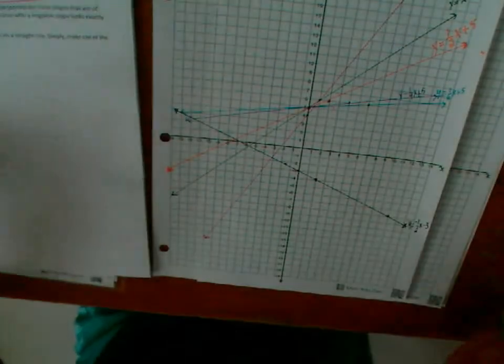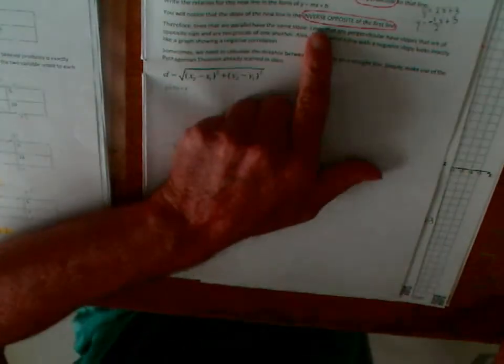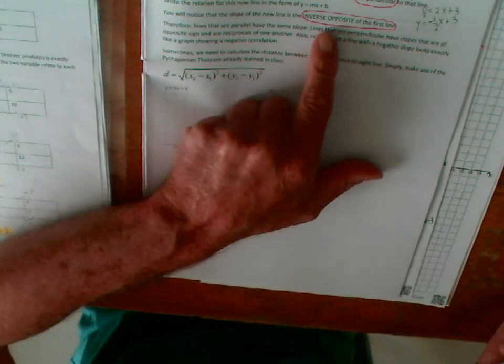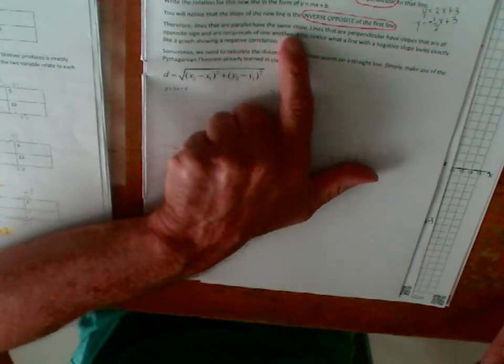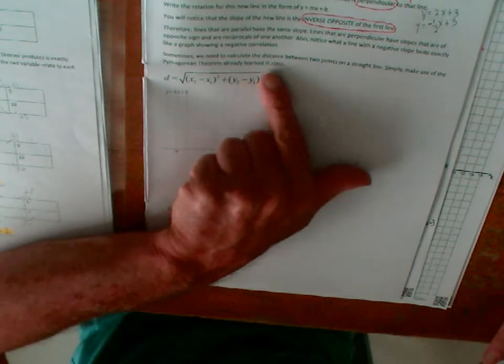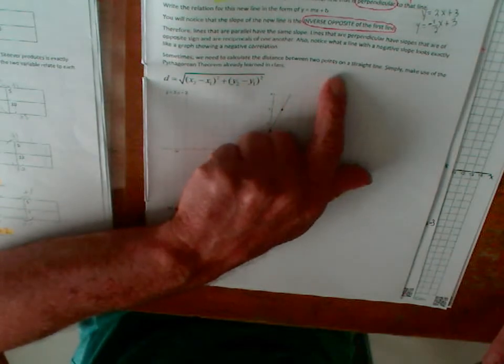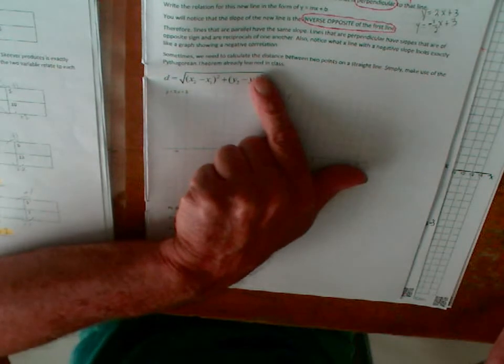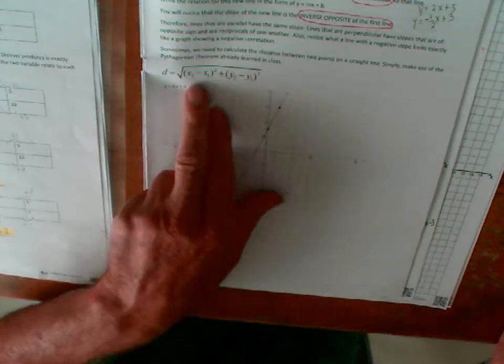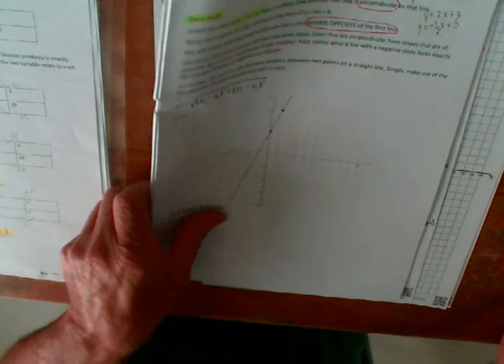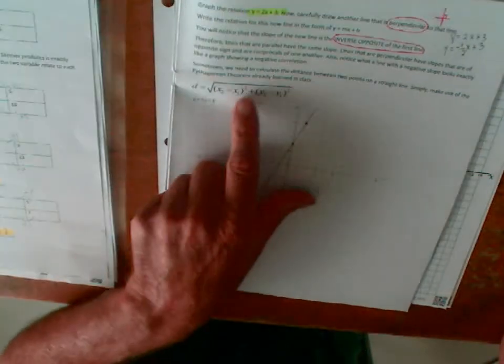Okay, so in our booklet, after the inverse opposite, so that's our perpendicular line, and parallel lines have the same slope, sometimes we need to calculate the distance between 2 points on the same straight line. Make use of this formula. Or Pythagoras, because this and Pythagoras are exactly the same thing. But I'm going to use this formula